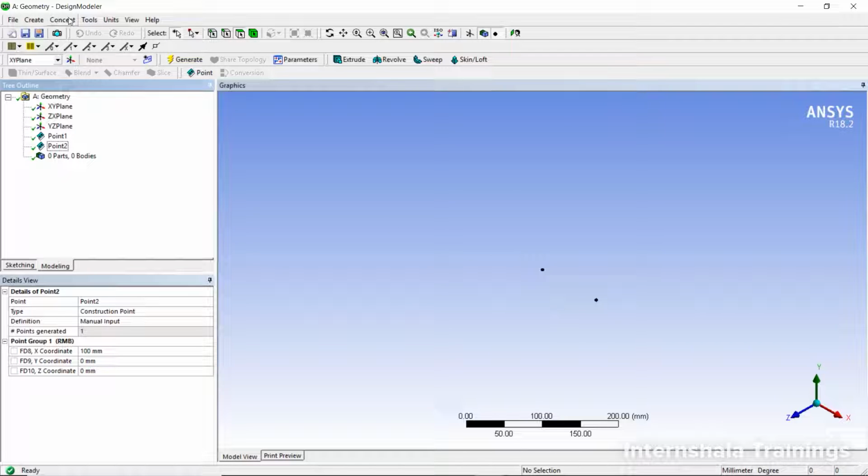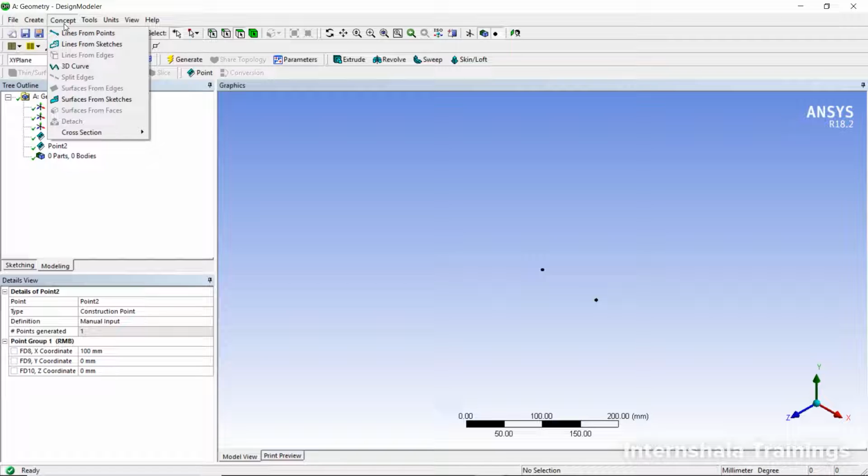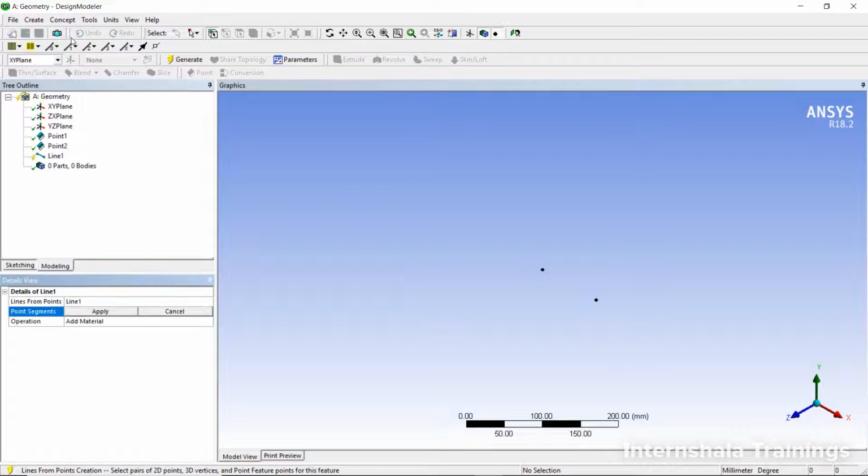Now, I need to create a line between these 2 points. In order to do so, I need to go to the concept menu and select the option called lines from points. So I have selected lines from points. Now, by pressing Ctrl, I need to select both of these points.